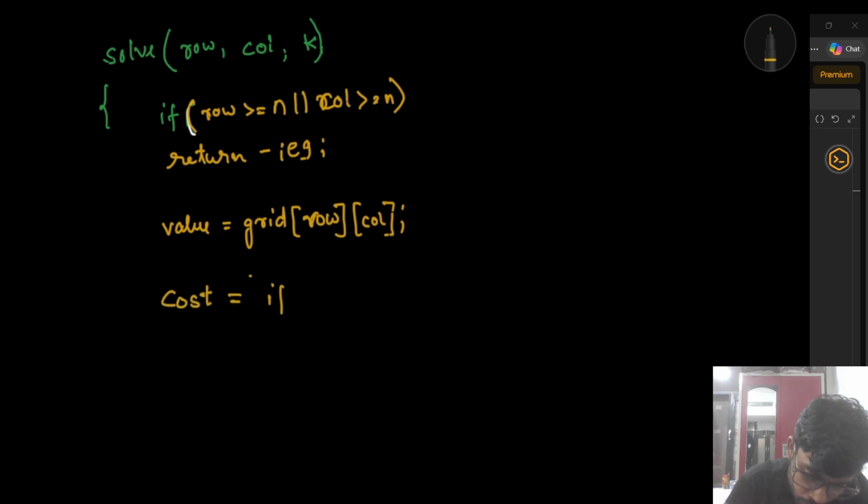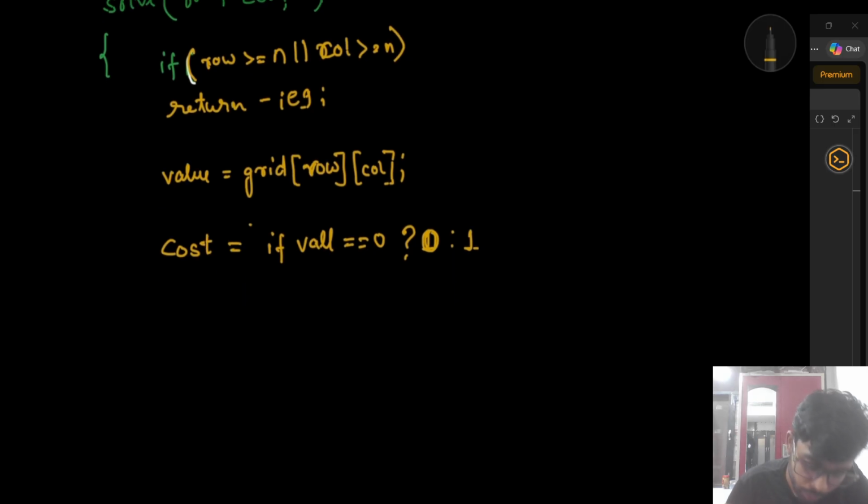Cost will be: if value equals 0, then I will take 0, otherwise I will take 1. This is the thing. So if by chance the cost is greater than k, which is nothing but the remaining cost,